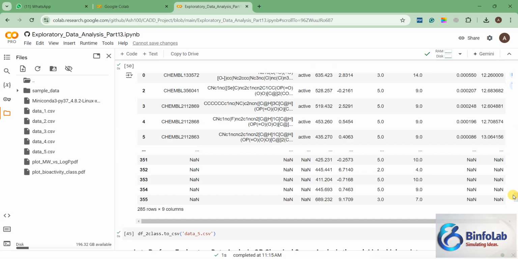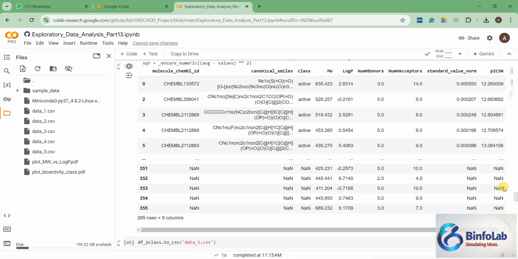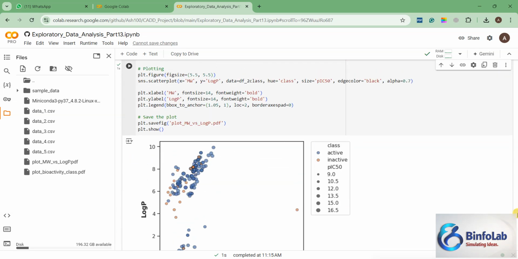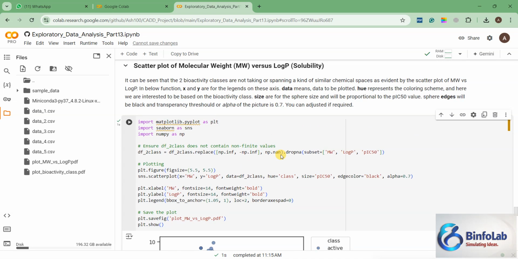Come here and just see the data. We have log P, we have molecular weight, we have number of hydrogen donors and we have number of hydrogen acceptors. Now, let's say I'm interested to generate a graph between the molecular weight and the number of hydrogen donors. How can I do it? Or how can I generate this graph? So here you can say molecular weight, keep it the same, and